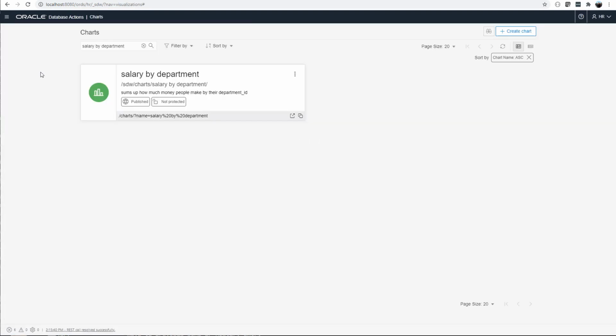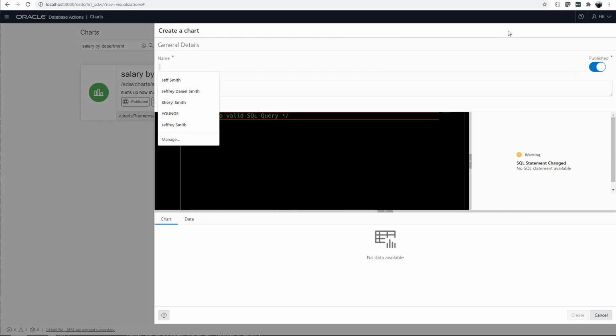Charts. So you saw me mention this coming into the SQL worksheet. So I've got the SQL already written. If you want to come in here and start a chart from scratch, it's going to be pretty similar. So my new chart,